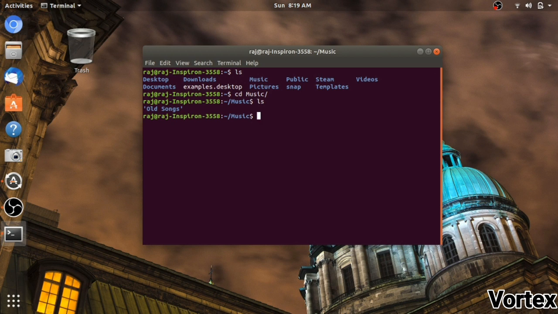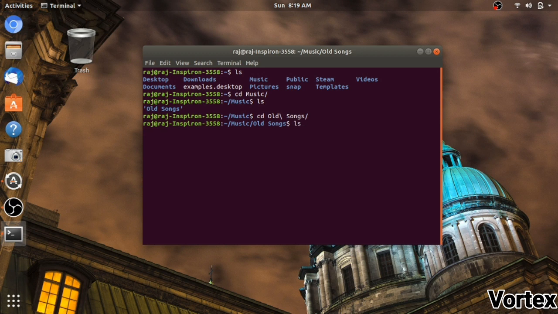Now if you are in a folder which has only one file or one folder, then you just have to type cd and hit tab. It automatically takes that folder and understands that you want to go inside it, so hit enter.